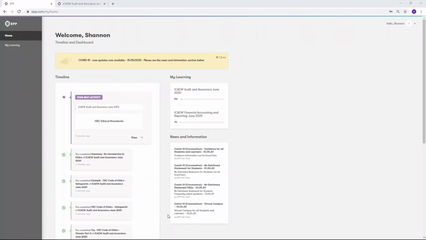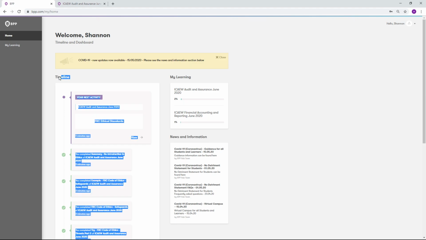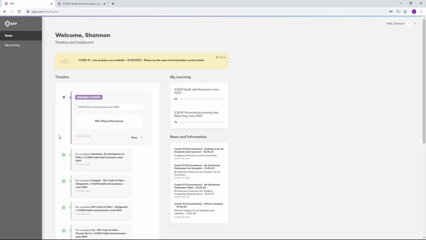Logging into the Hub, the first thing we see is our homepage, and that is a timeline and dashboard. You will see any announcements and any news and information that is relevant to you as a learner. You will also be able to see a timeline. And in the timeline, you will be able to see the status and progress of any applications for any programs